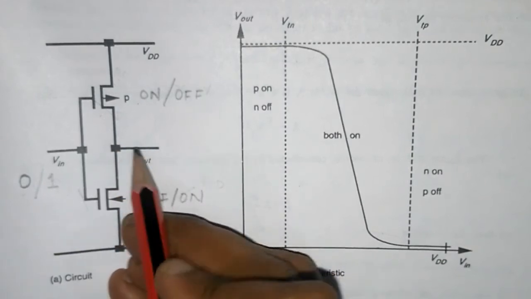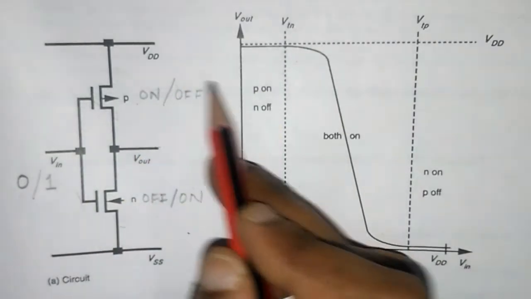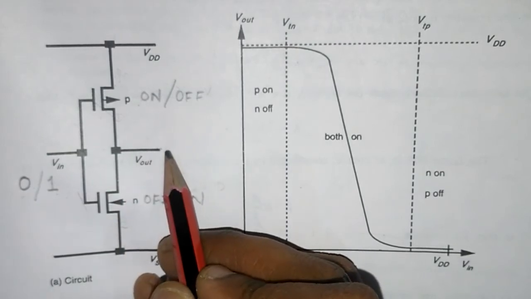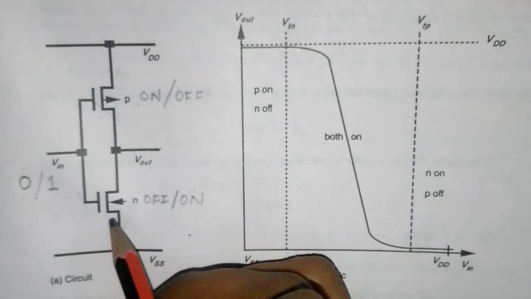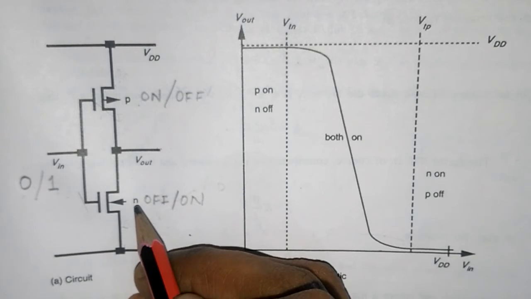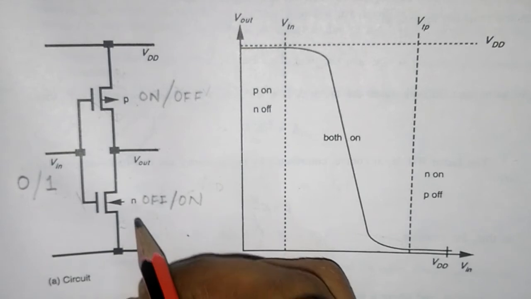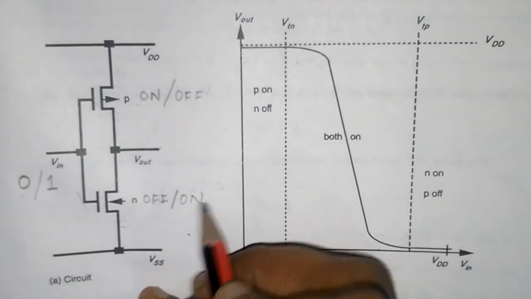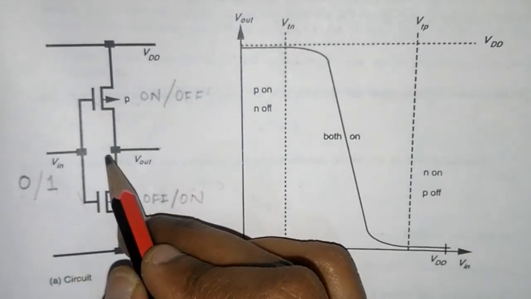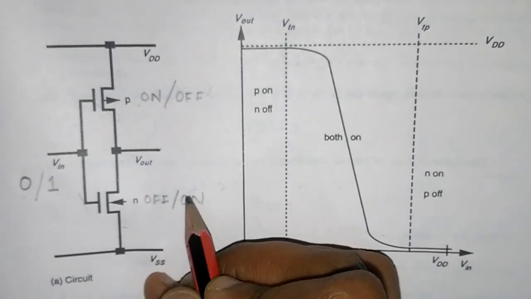Now, what is the current driving capability? When your input goes high, this is connected to the input of another circuit. It can be another inverter. So there the current has to be large. But because you are using a CMOS inverter, the current driving capability is very less. No doubt it provides least static power consumption, but the problem is the current driving capability: the external load will not be able to draw more current from this inverter. For this, the BiCMOS inverter is being designed.